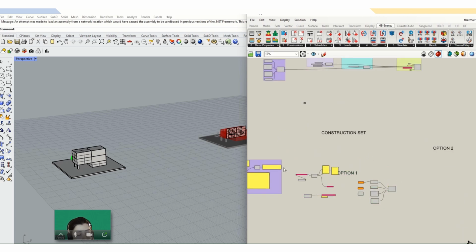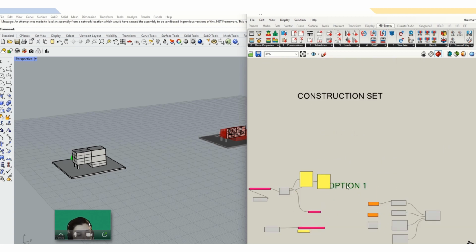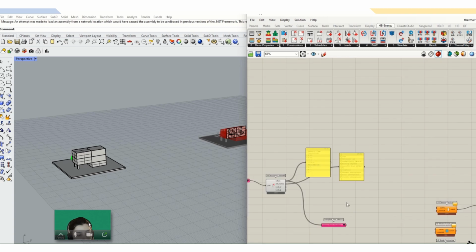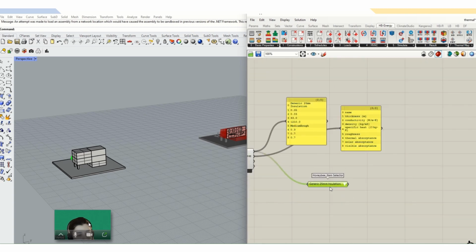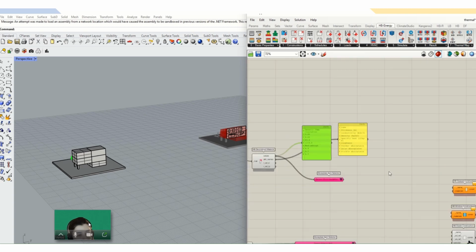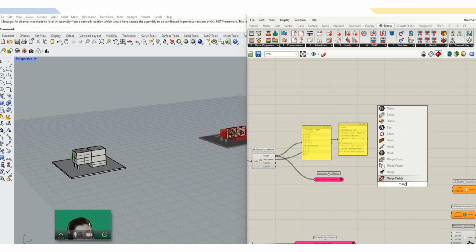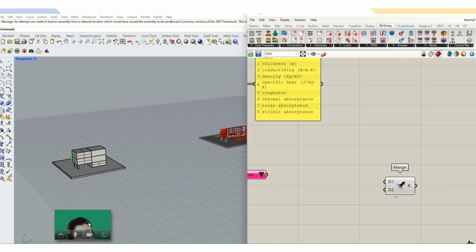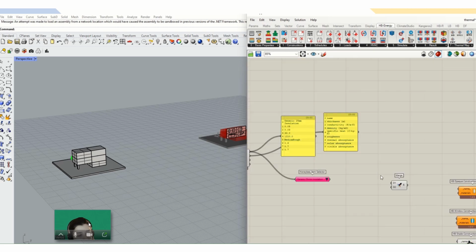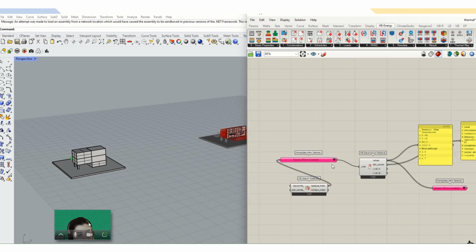You can just type merge, and added these layers. You want to have three layers and you need to